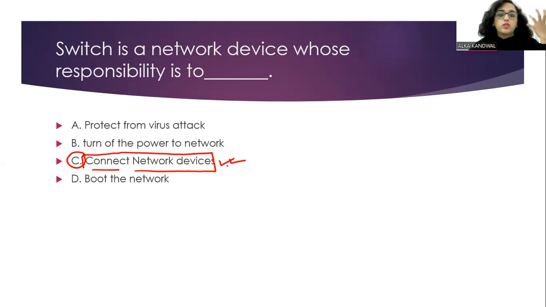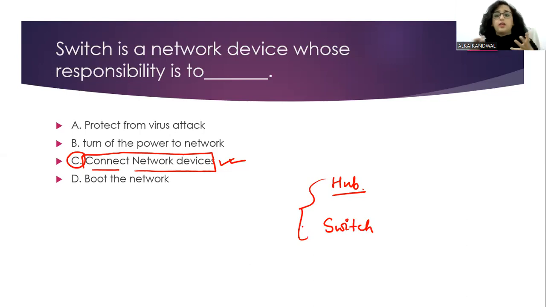Bridge भी है, उसका भी function अलग है. And we talk about hub. हब का भी फंक्शन है फॉर कनेक्टिंग द नेटवर्किंग डिवाइसेस. मगर जो स्विच है वो थोड़ा इंटेलिजेंट डिवाइस है, और जैसे हम लोग बोल रहे हैं कि दोनों का फंक्शन एक ही है कि कनेक्ट द नेटवर्क डिवाइसेस. सो व्हाट इज द डिफरेंस बिटवीन द टू?